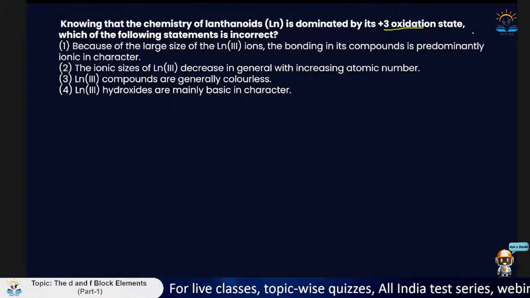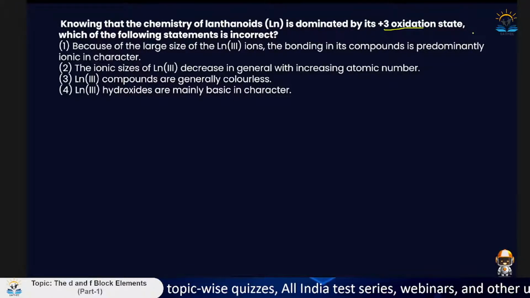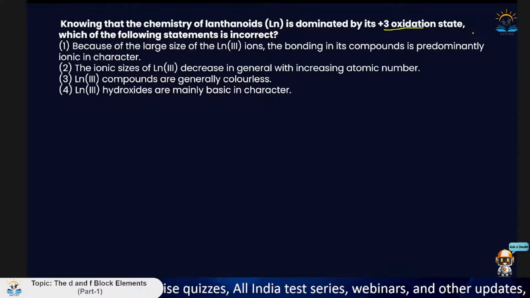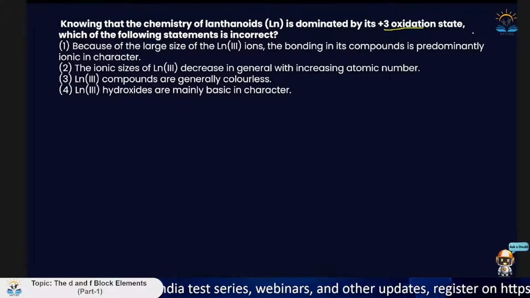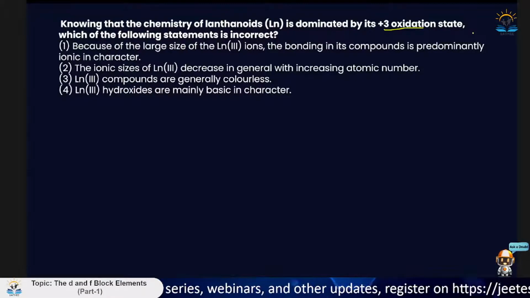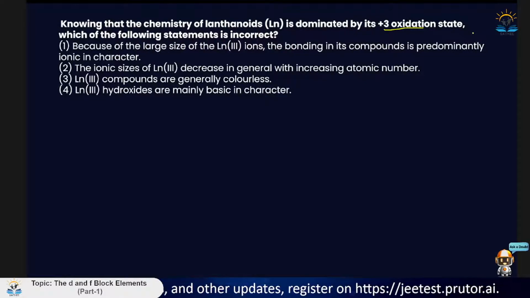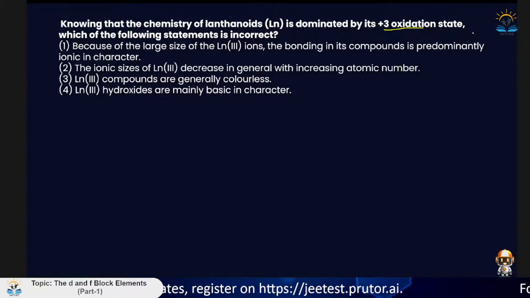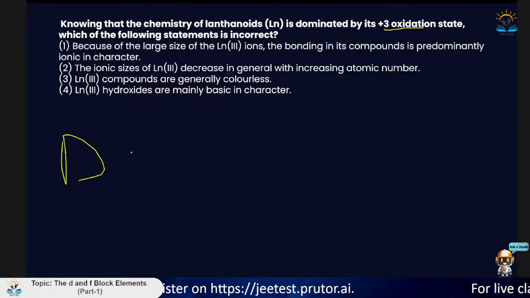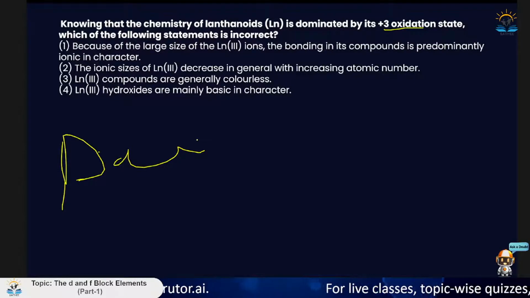Ionic sizes decrease with the increase in the atomic number. Yes. Ln3 compounds are generally colorless. Now we know that color or colorless depends on whether it will have empty orbitals or not, right? If it will have empty, basically non-bonded electrons, if it's paramagnetic with non-bonded electrons, at that time it will basically have no color. Okay, but if we